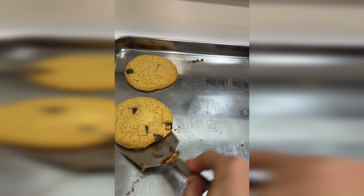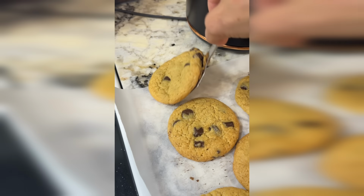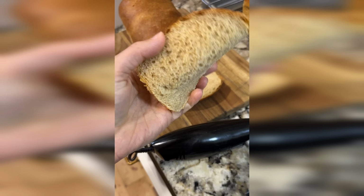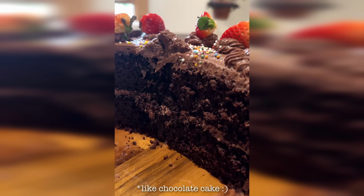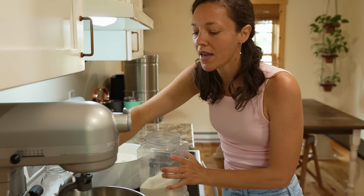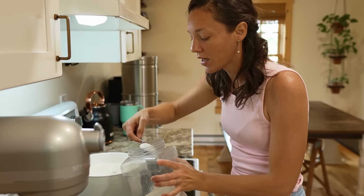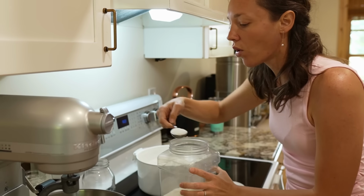I have made chocolate chip cookies that are delicious and chewy, and they're not crumbly or cakey at all. I have made beautiful stretchy bread. I've made biscuits and pancakes, all kinds of things that have turned out so incredibly beautiful, and I am so pleased. The three main things that have helped me in mastering fresh milled flour breads and stuff is, number one,